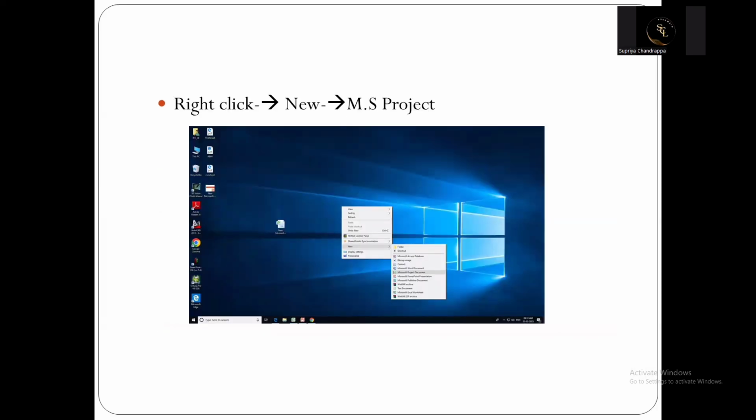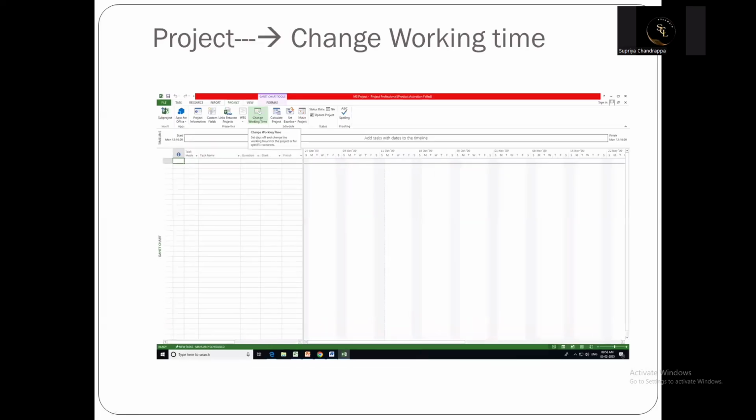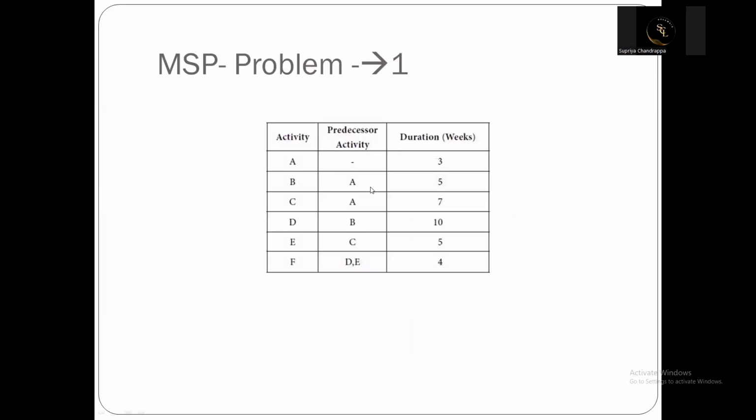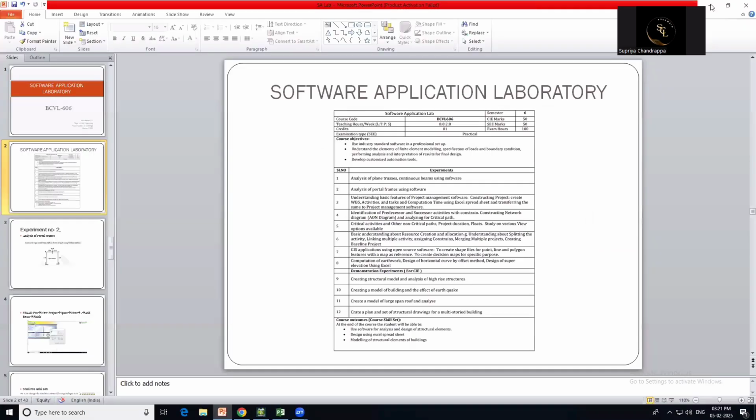For this, click on right click, new button, and MS Project. Let us see how to execute this problem using MSP. Here I have taken one example problem, with activity, predecessor and duration. So for this, I'll go to